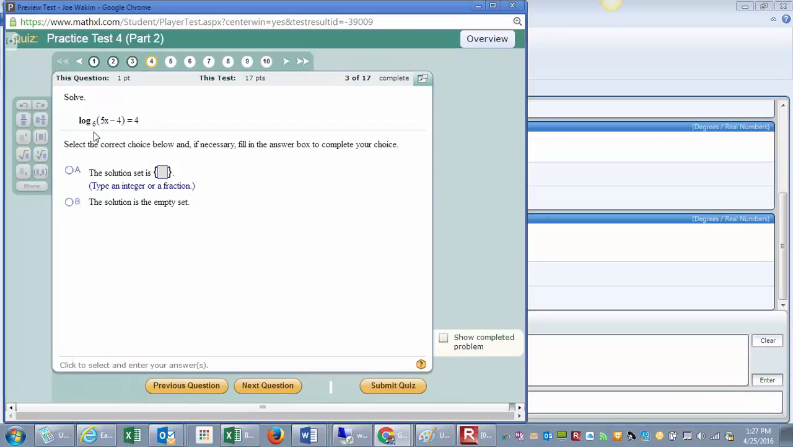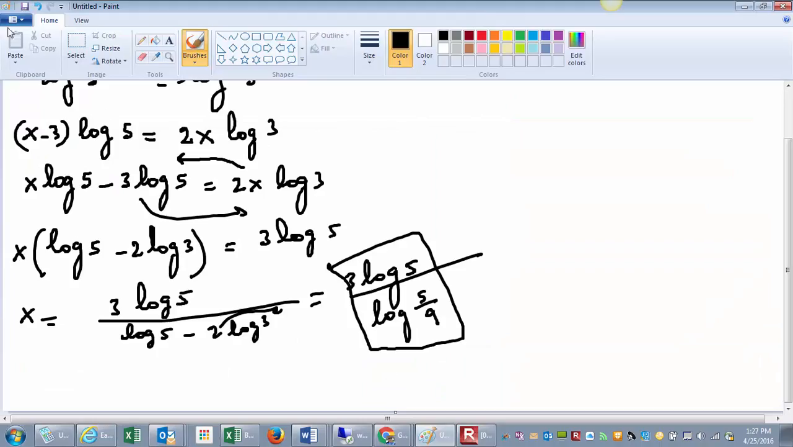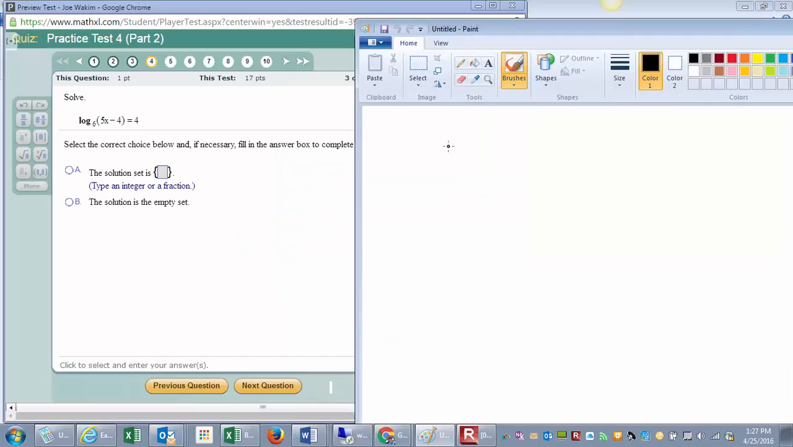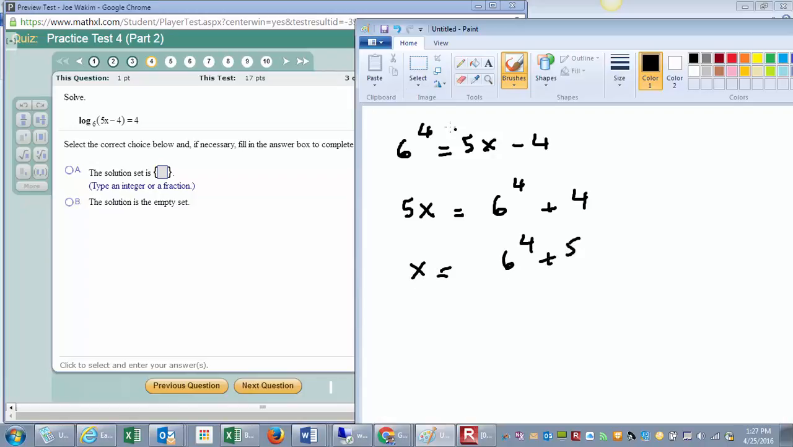And to find the log, we just change it to exponential. 6 to the power 4 equals 5x minus 4. Let's go ahead and do this one. So we have 6 to the power 4 equals 5x minus 4. Add 4 to both sides, then 5x would be 6 to the power 4 plus 4, and x would be 6 to the power 4 plus 4